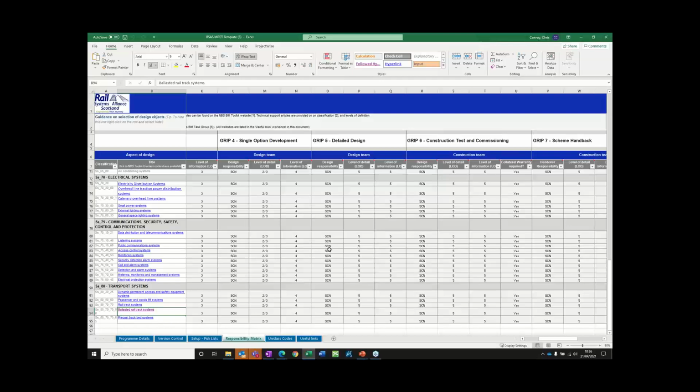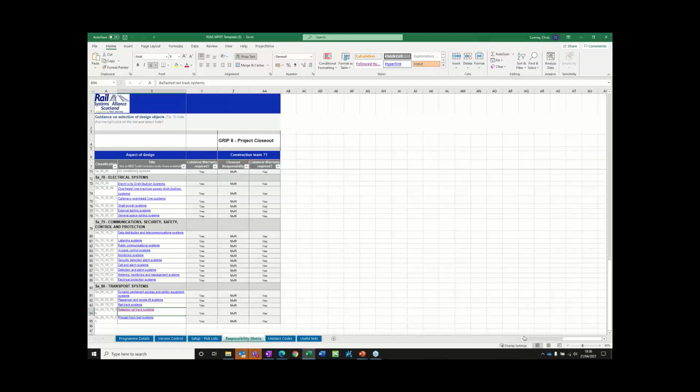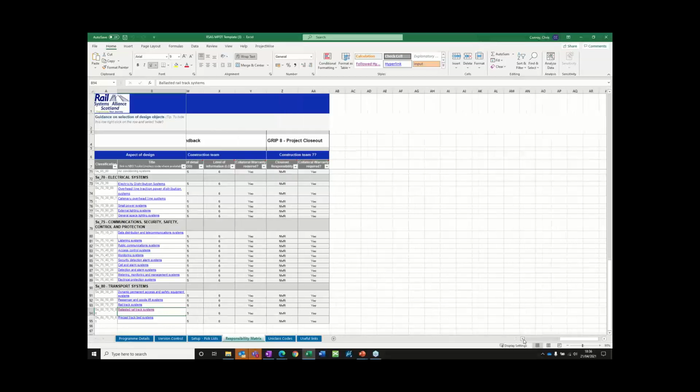At RIBA stage 4, you might have joint responsibility between the designer and the contractor. At RIBA stage 6, it would certainly be the contractor that's responsible for the information. And then as you hand over to operation, it becomes the facilities management team. So you would change this document.